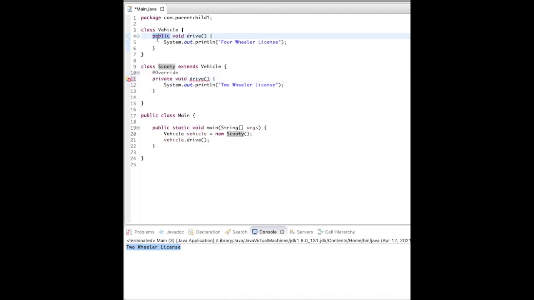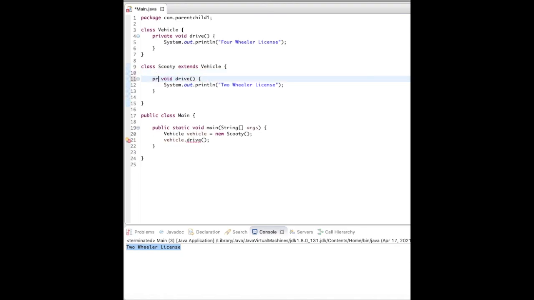So if it had been private in the parent, that is the private method which is not visible to another class. If it had been private and I made it public in the child, then in that case if I removed the override annotation from here, it would work.